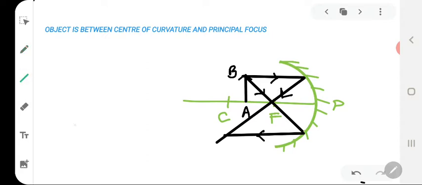Now at the point of intersection, we can draw the image. Let me again make some room for the image to be drawn properly. Okay, so I'm drawing the image. It is formed at a position slightly outer of the center of curvature. It is not exactly at the center of curvature, but rather somewhat slightly out of it. Yes, this is how the image will be formed.